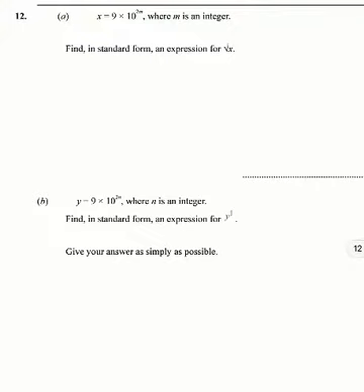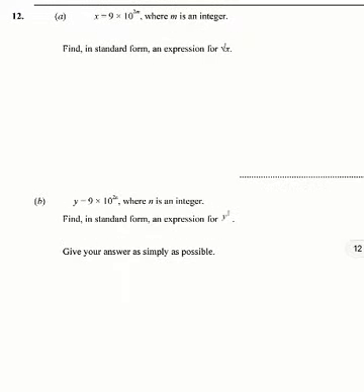x equals 9 times 10 to the power of 2m, where m is an integer, that means it's a whole number. And we need to find in standard form an expression for the square root of x. Now it's useful, and we'll use it later, to remember that x square rooted is the same as raising x to the power of a half. So we've got the square root of x